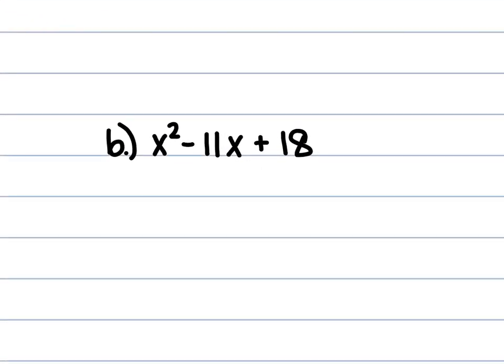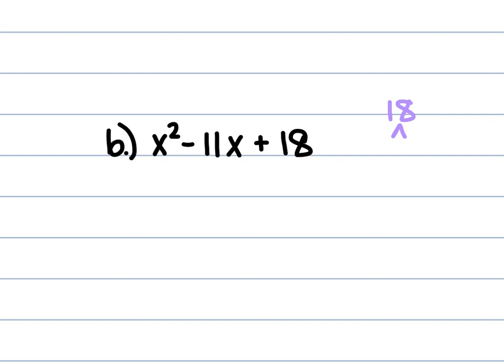For B, we have x squared minus 11x plus 18. So we're looking for the factors of 18 that add up to be a negative 11. Now, think about it. When you do a multiplication and you have a positive, both of your numbers that you're multiplying either have to be positive or they have to be negative. If we're ending with a negative 11 when we find the sum of those two factors, that means that both of our numbers are going to have to be a negative in order to get to that 18 when we